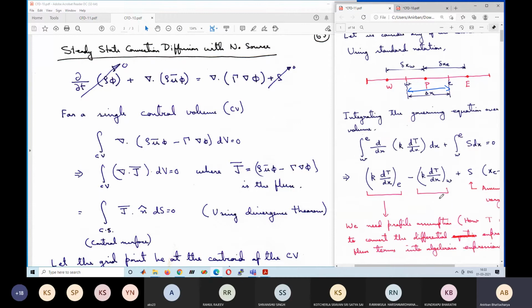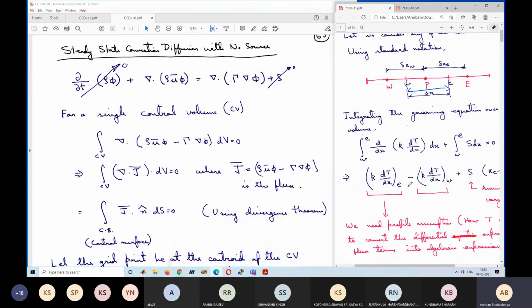So our integral over the entire control surface, our surfaces are single points. There is actually no area for the surface. As a result, the fluxes over the surfaces are k dT/dx at this point and k dT/dx at this point. There is no area because these are single points. So ultimately, this j dot n for our case over the entire surface is k dT/dx at east and k dT/dx at west. For a 1D domain, the only surfaces are 2 points, one point on one side and one point on the other side. So this is the j dot n value.